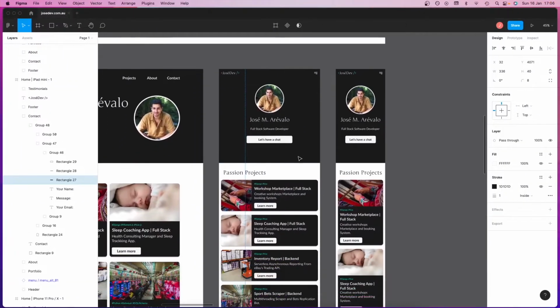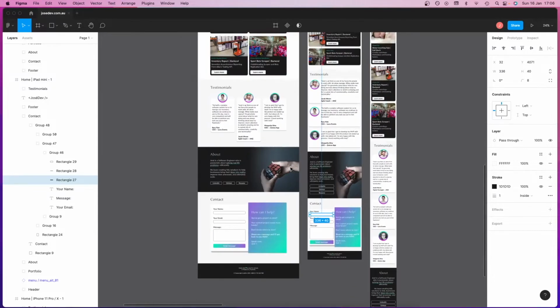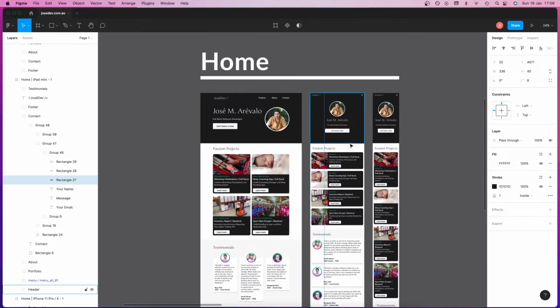I've also twisted a little bit the layout of this design, not too much. But yeah, I just wanted to show you the workflow that I use. So normally,